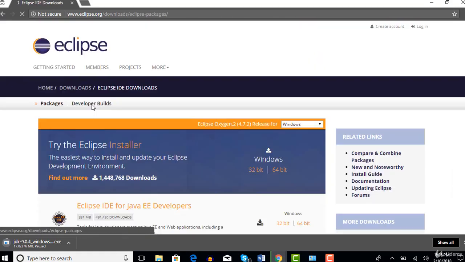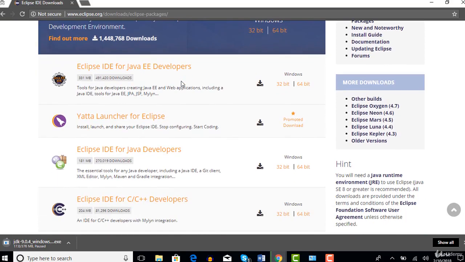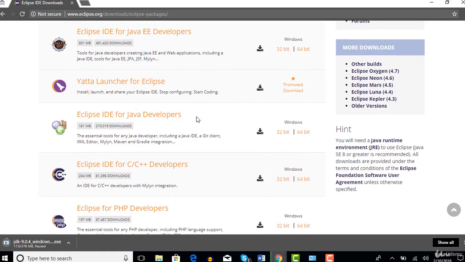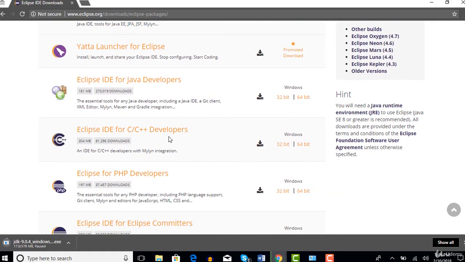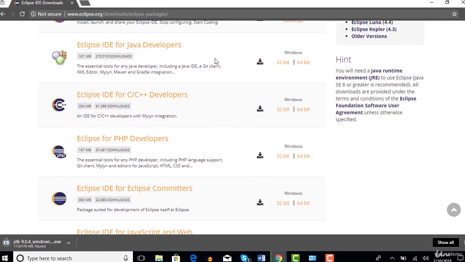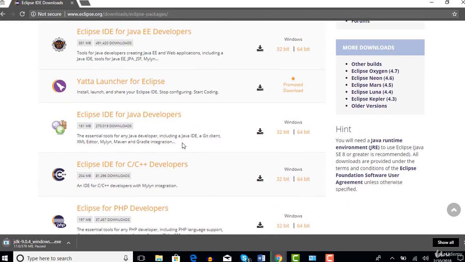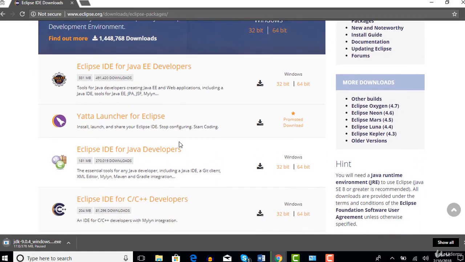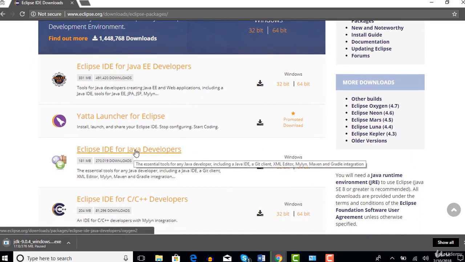Eclipse comes with multiple tools: one for Java testing, one for Java EE development, and another for C++ and PHP. Lots of tools are present, but we are interested only in Eclipse IDE for Java Developers. This is what we require.